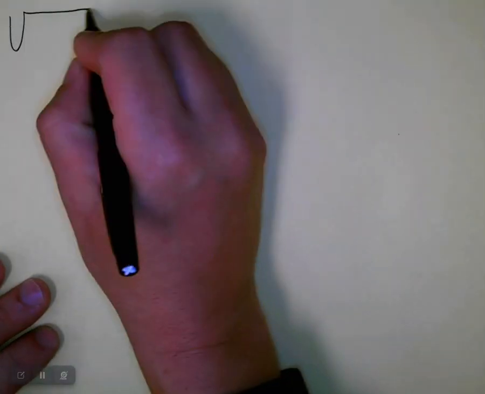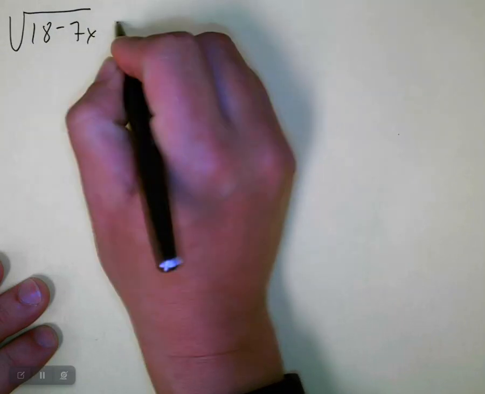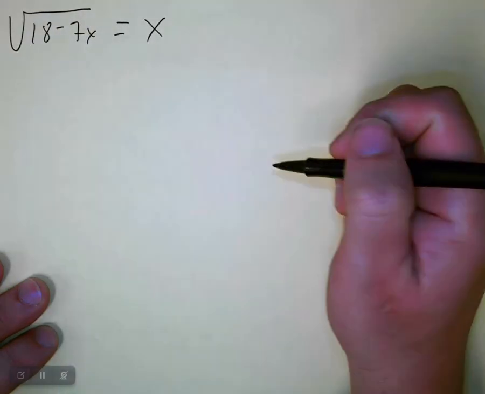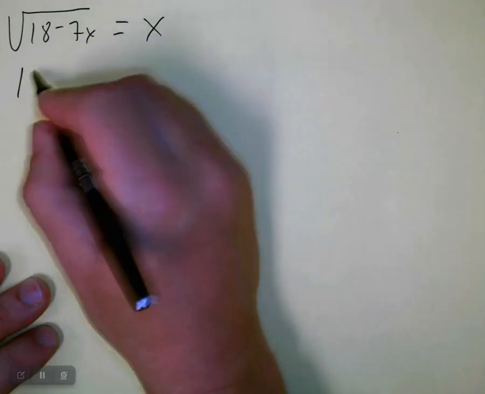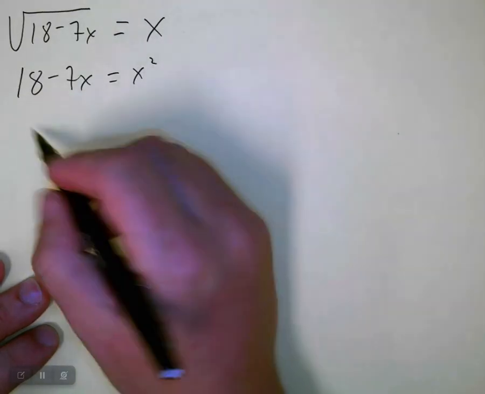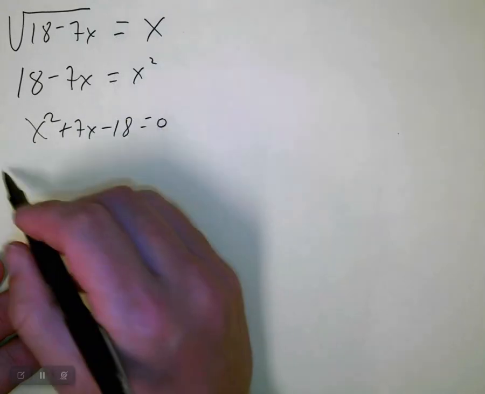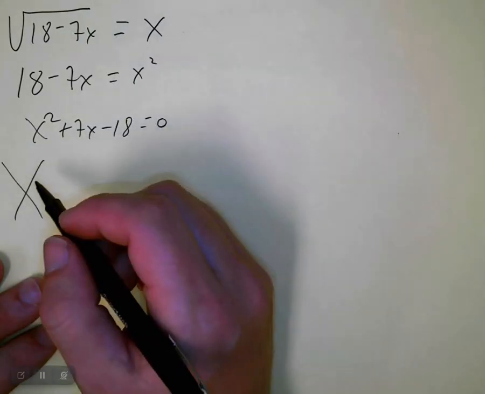All right, let's look at another one. How about the square root of 18 minus 7x equals x? Same thing there. You square both sides. Now bring everything over because it's quadratic, right? And then we can factor that. So what are factors of